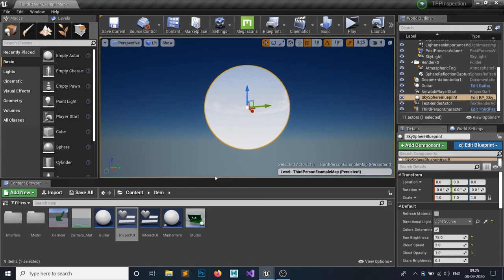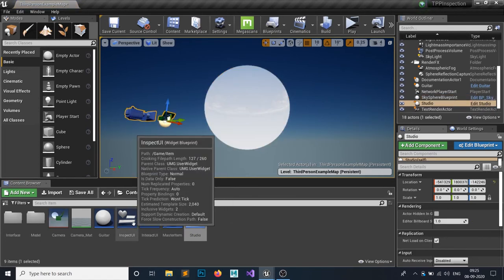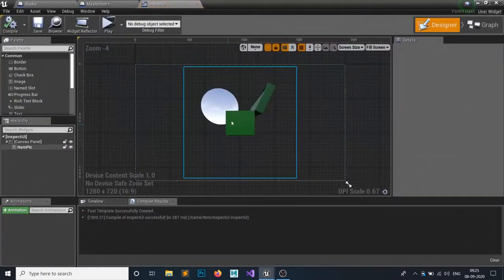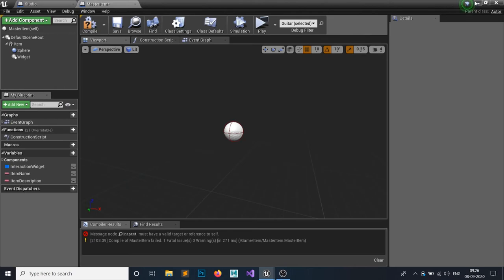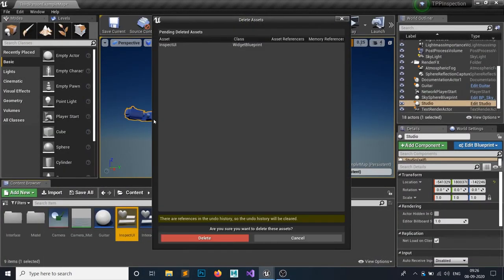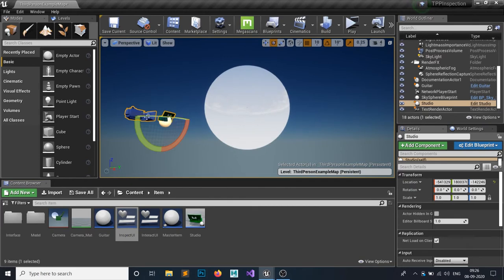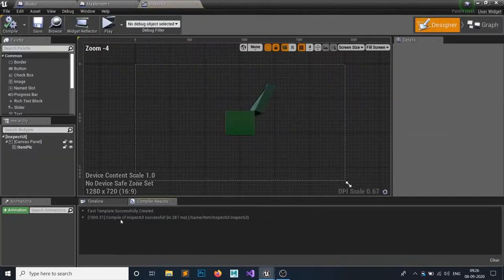Outside the range of this sphere, it's nothing, and inside this our game will reach. So if we spawn something outside of it, and now if we open this inspect, you can see there is nothing inside, it's not rendering the outside world. However, it is rendering the sphere, but we can just modify that.